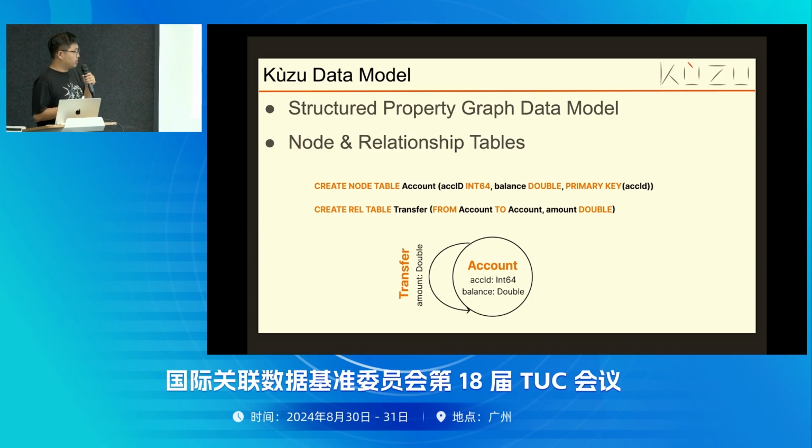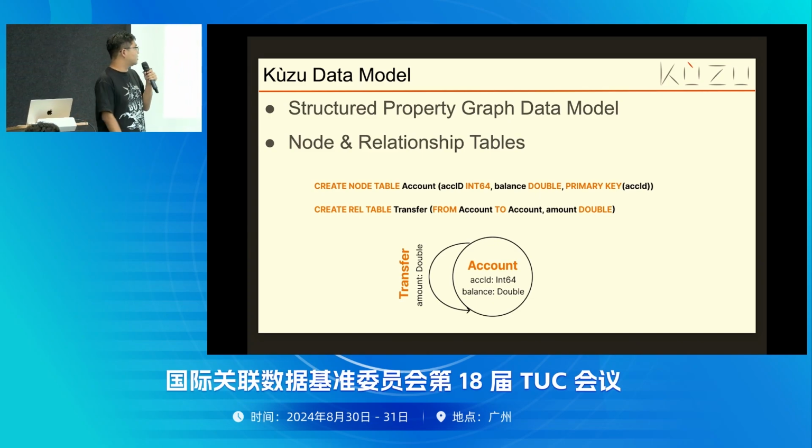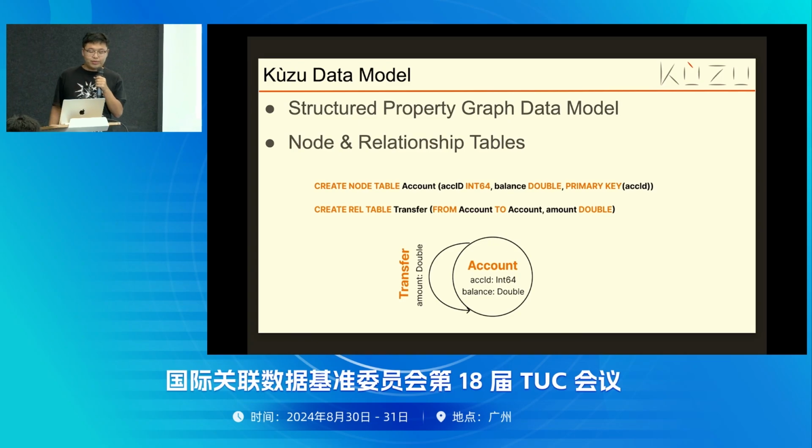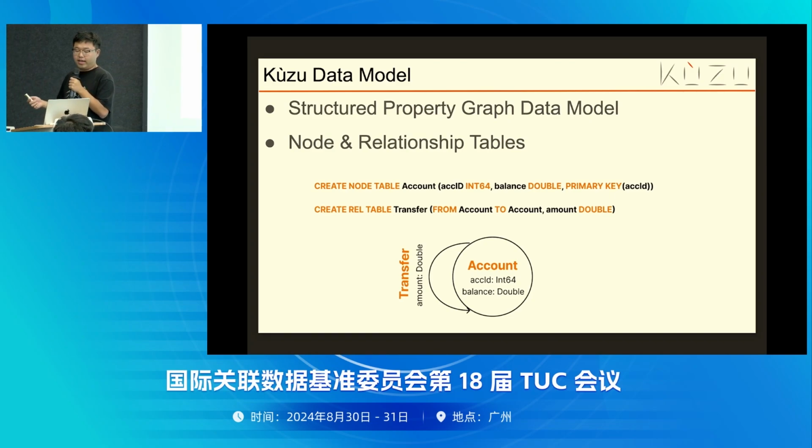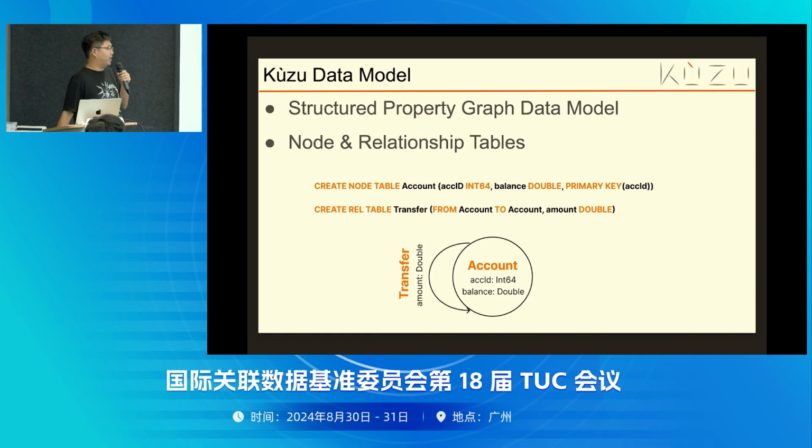If you were to model this graph schema in Kuzu, we expect two DDL statements. The first one declares the structure of your node table, which contains all the node properties and also the primary key constraint of your account node table. The second DDL statement is similar to the first one. You also need to declare edge properties. On top of that, we have this FROM-TO declaration, which basically tells us what primary key, foreign key constraint the system should be expecting.